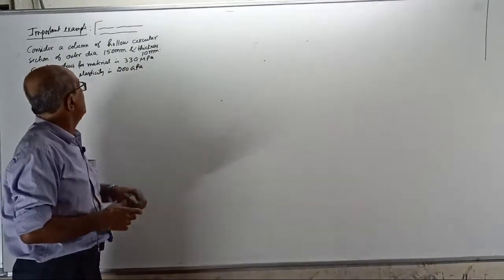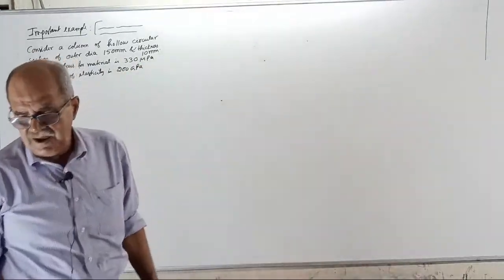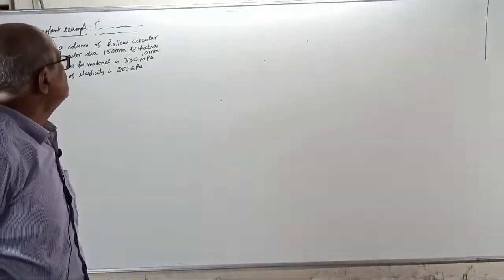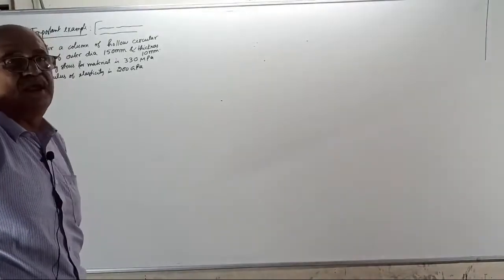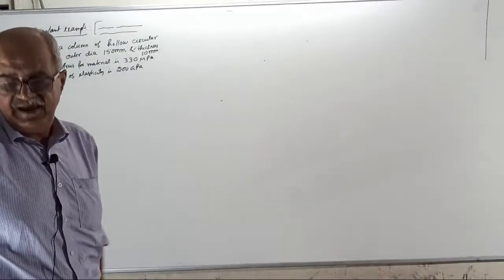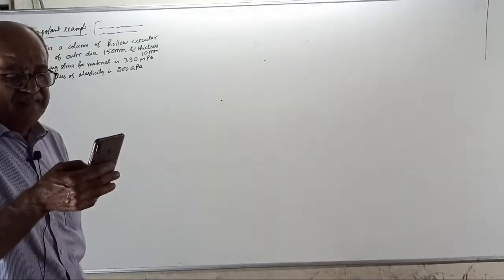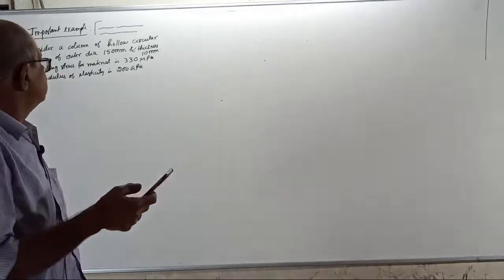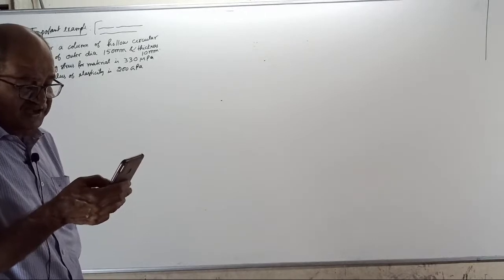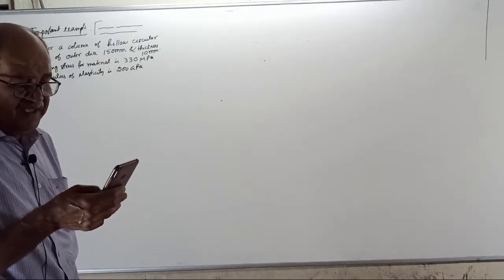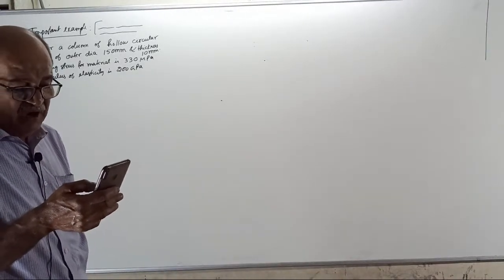One minute. When you apply Euler's formula, do you require crushing strength? Tell me. Pi square EI by L effective square, direct formula, or modified version, pi square EA by lambda square. Does the crushing stress come anywhere there? Tell me. No. Oh, you just gave the answer. It was an earlier no, I think.